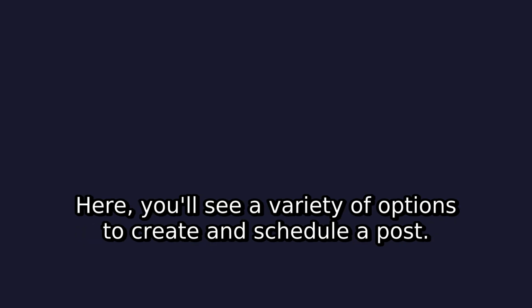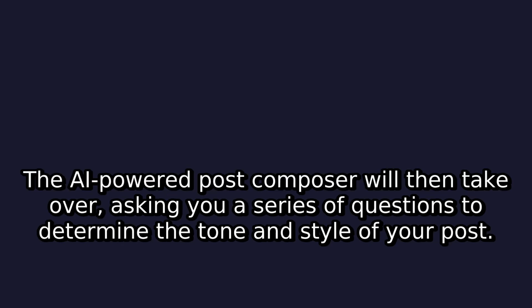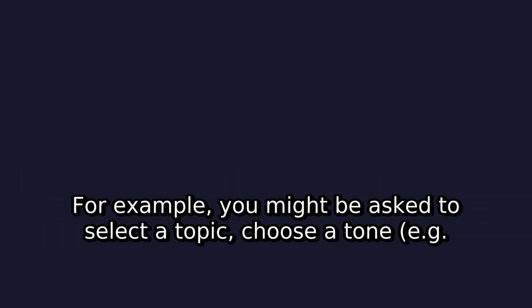First, sign into your Hootsuite account and navigate to the Compose tab. Here, you'll see a variety of options to create and schedule a post. Click on Advanced and select AI-generated post from the drop-down menu. The AI-powered post composer will then take over, asking you a series of questions to determine the tone and